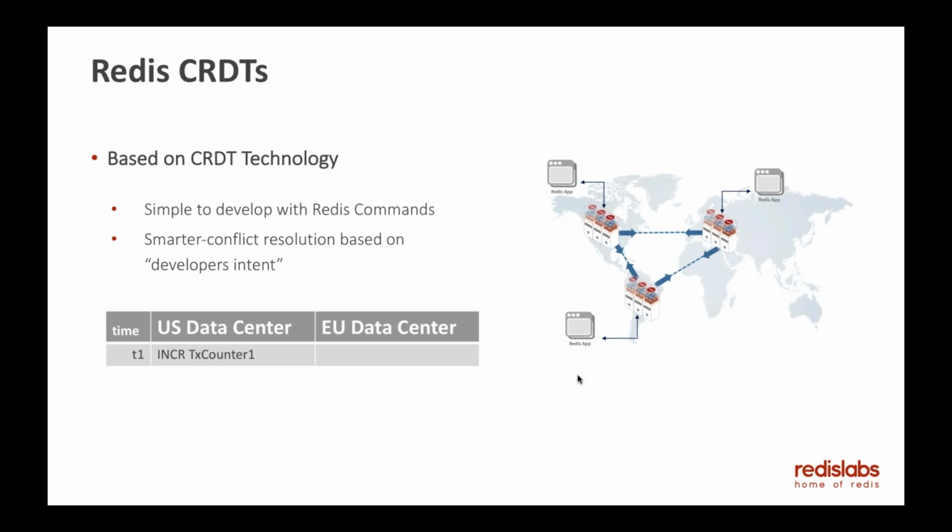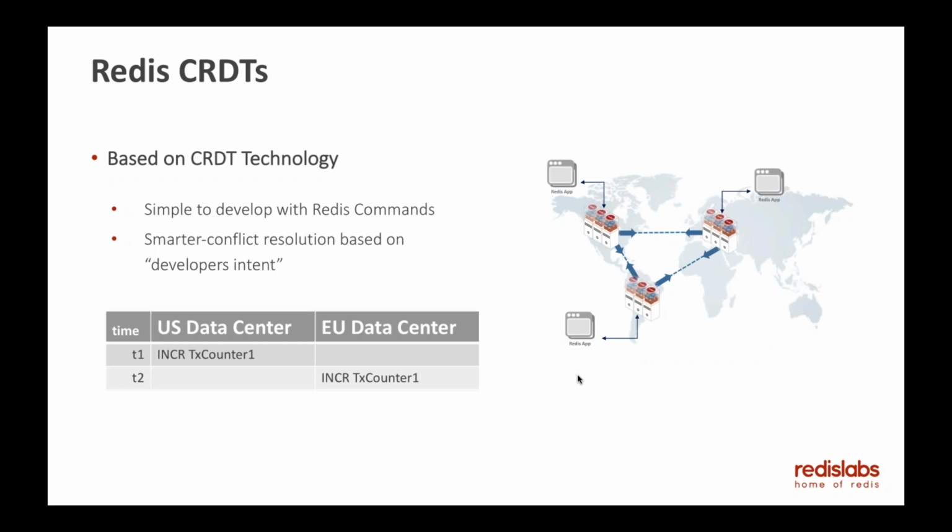Imagine again this case where you're using the incr method. This is another method that you can use on a counter type in Redis. And I've got a European and a US data center. At T1, I increment my counter to signify that a new transaction happened on my credit card. At T2, another transaction happens in Europe based on my credit card. I'm an e-commerce fan and happen to be shopping in Europe